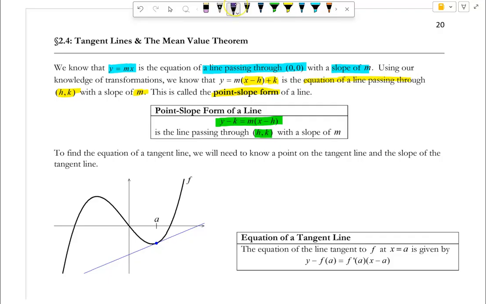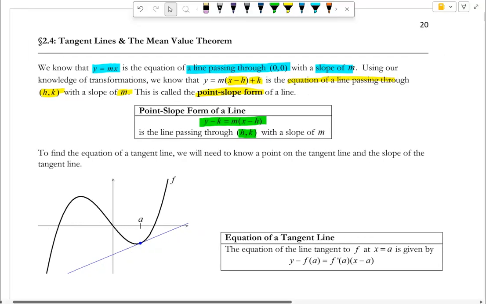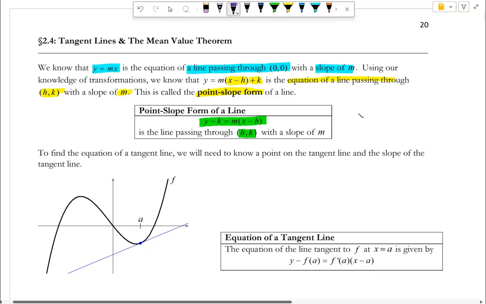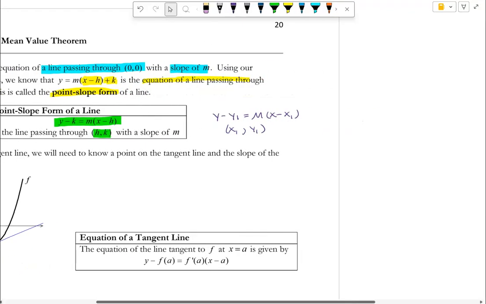Now, more commonly, if you were to open up a textbook or just even do a Google search for point-slope form of a line, you might more commonly see y minus y sub 1 equals m times x minus x sub 1, where x sub 1 comma y sub 1 is the point on the line. That's the ordered pair. This works either way. It's just different notation. The reason that I kind of like writing it the second way with the x sub 1 and the y sub 1 is that if you ever forget the equation,